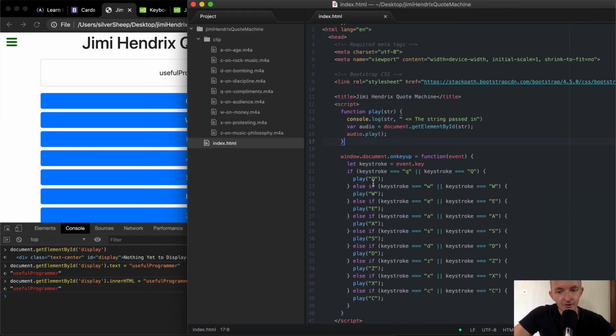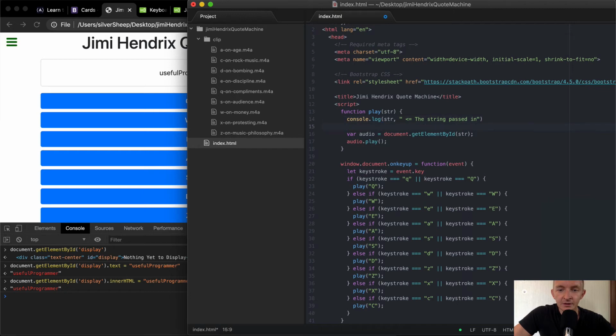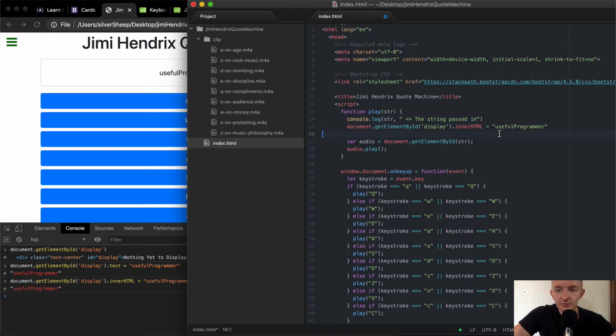Yeah. Play Q. All right. So here we're playing the audio play. Inner display here. Whenever we click play or we do a keystroke, we're running this one. And so what we can do is say,